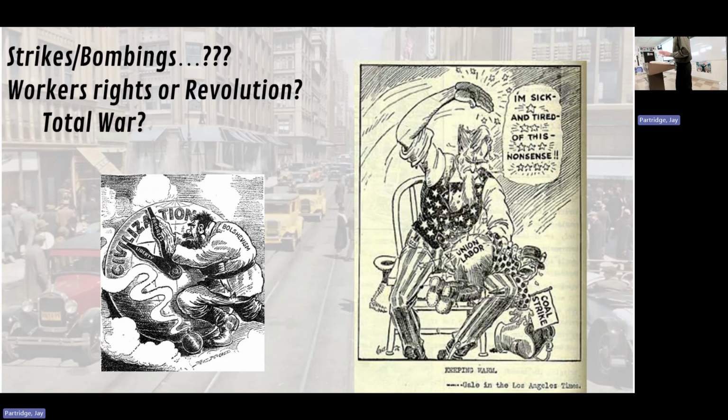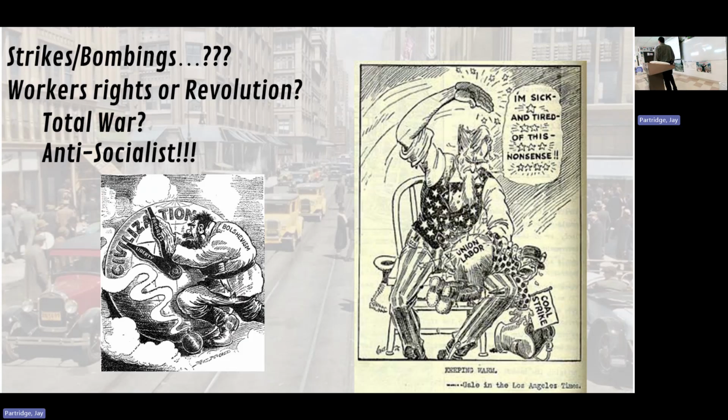Well, you can imagine which direction Palmer, who was nearly killed with a mail bomb, or Wilson went. Oh, don't forget the thinking of total war. They still hadn't gotten out of this. The revolution might be happening now. Sure, the war on the battlefield's over, but there are still enemies within we haven't dealt with. There will be a second Red Scare right after World War II for almost the exact same reasons. It'll be a few years later, but the same kind of causes.